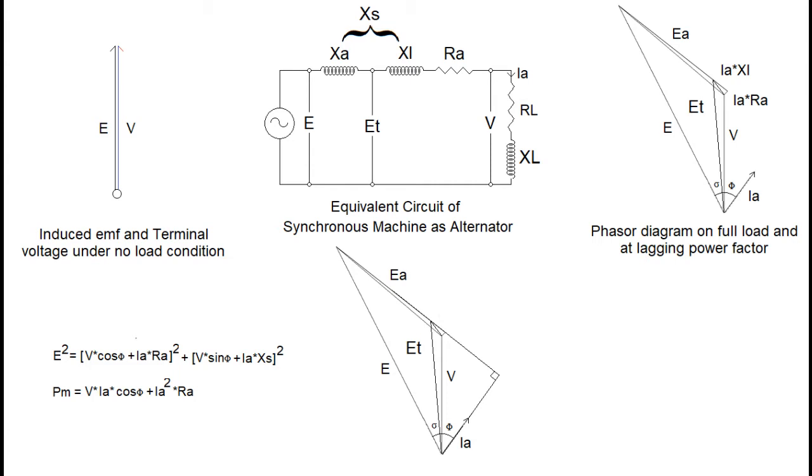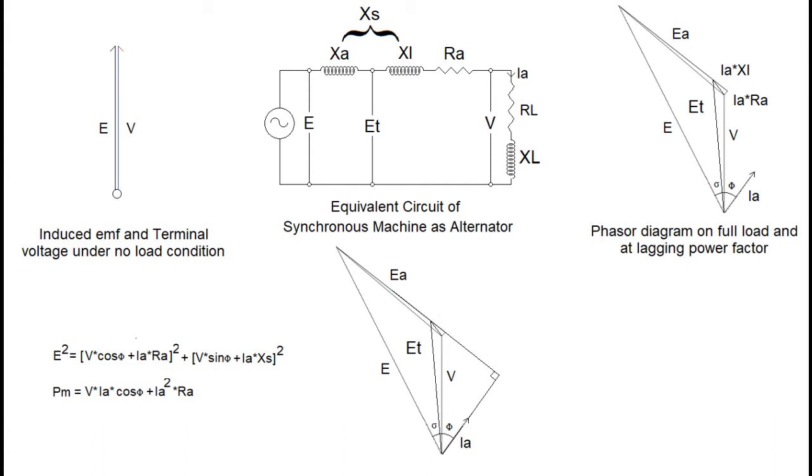If some load is applied across the terminals of the alternator, we will assume that the load shall be balanced. Current shall flow through the armature windings. This current must appear on the phasor diagram. This current will flow through the lumped parameters of the armature windings. These lumped parameters are winding resistance and winding inductive reactance. It is common for such electrical lumped elements to produce a voltage drop in phase with the current for resistance and in phase quadrature with the current for reactance.